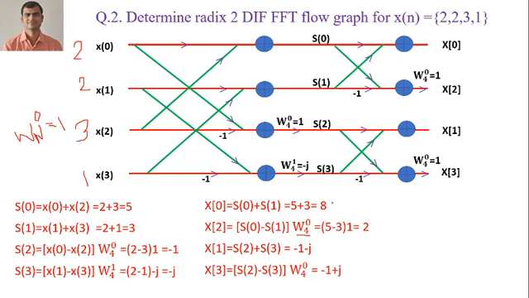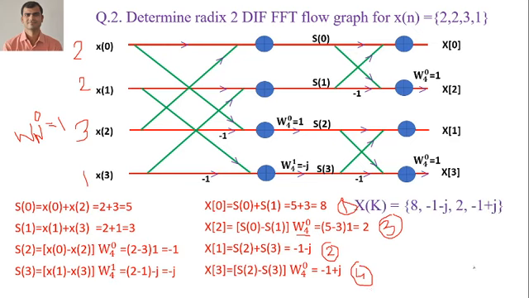So simply we are getting this as output, but while writing the x of k sequence, first these samples we need to take, because it is x of 0, then x of 1, then x of 2, and lastly x of 3. So in that sequence we have to write. Don't get confused here. Many of the students are writing the values as x of 2, x of 0, x of 2, x of 1, x of 3. Initially we have to take the x of 0 sample, then x of 1 sample, x of 2 sample, and x of 3. So we will be getting the output like this.